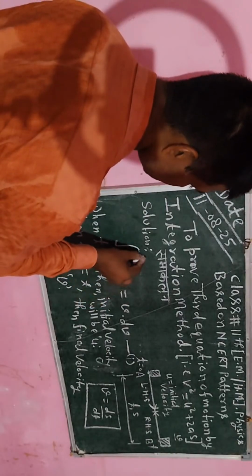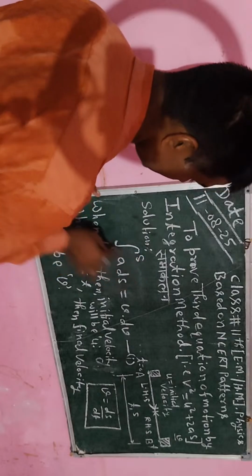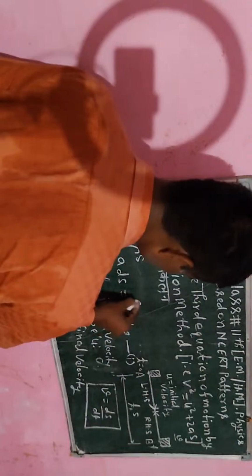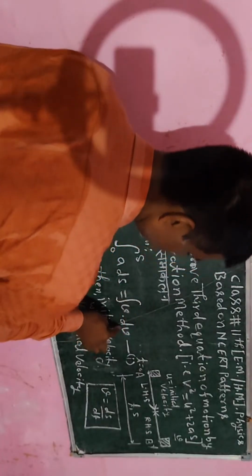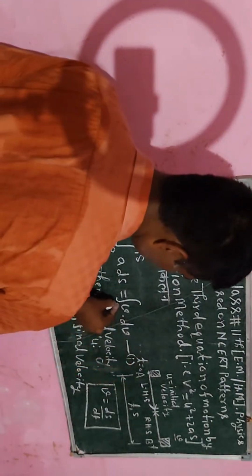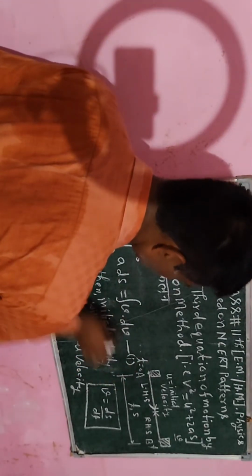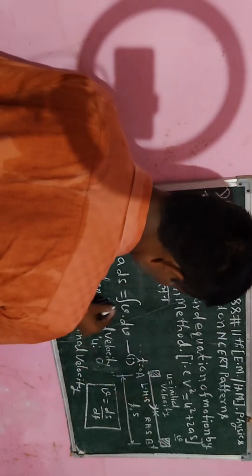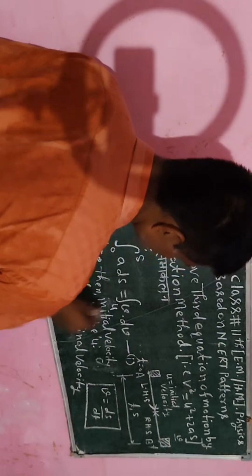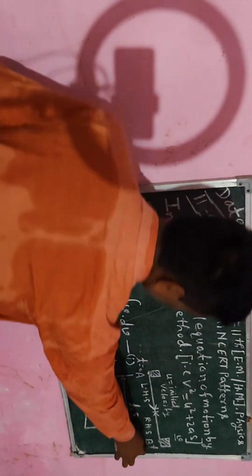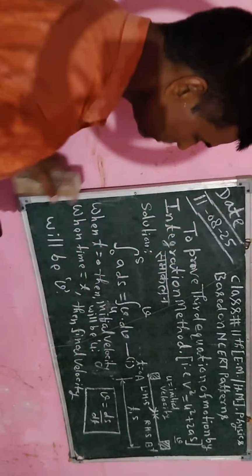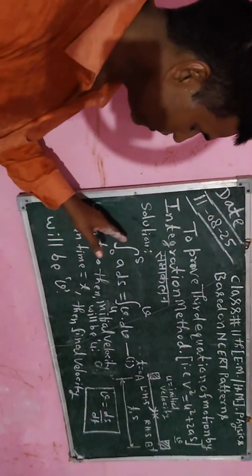तो उस केस में डिस्प्लेसमेंट हमारा s हो जाएगा। तो इसको हम इंटीग्रेट करेंगे 0 से s तक, और राइट हैंड साइड में हम इंटीग्रेट करेंगे वेलोसिटी। जब टाइम 0 होता है, तो उस केस में हमारा इनिशियल वेलोसिटी u होता है, तो यहाँ पर हम u रिप्रेजेंट करेंगे। जब टाइम t हो जाता है, तो उस केस में फाइनल वेलोसिटी v होता है, तो यहाँ पर हम v लिखेंगे।